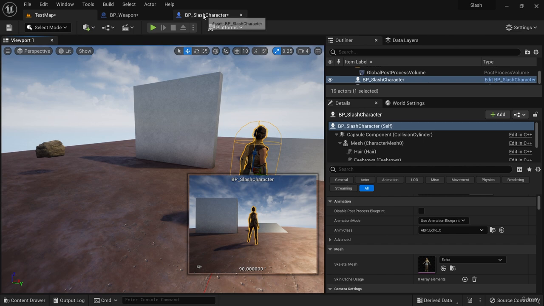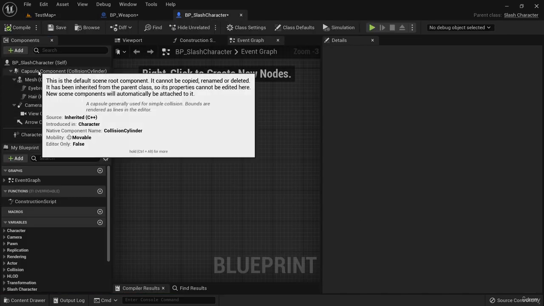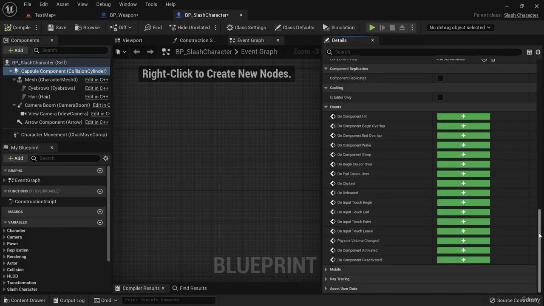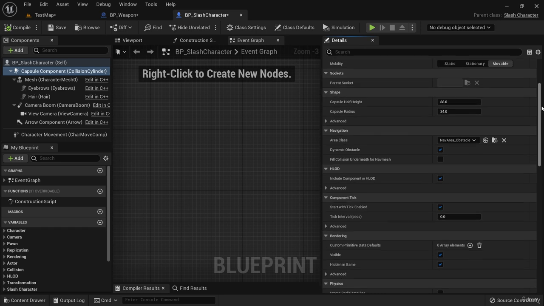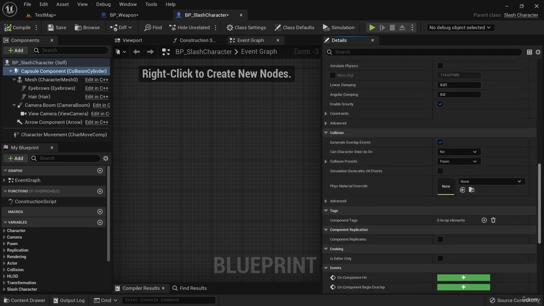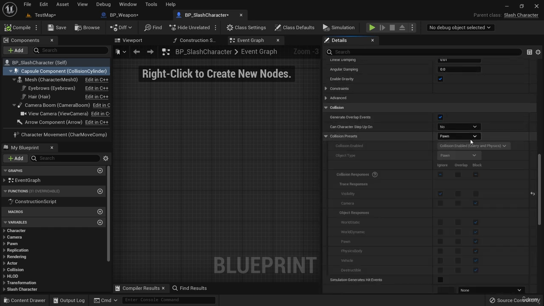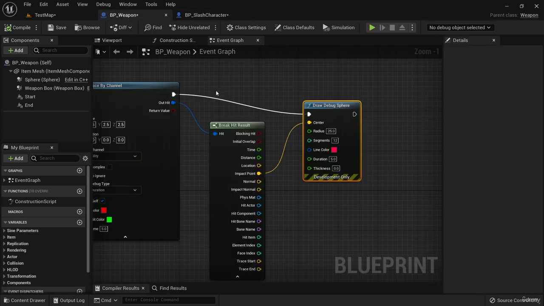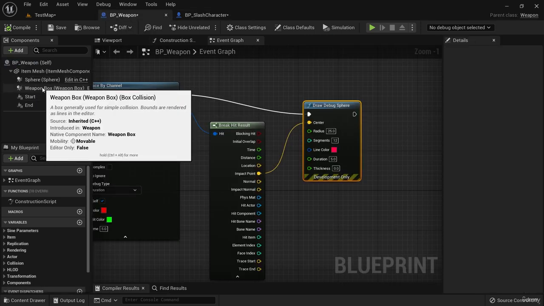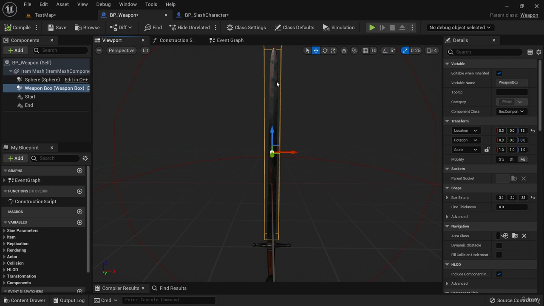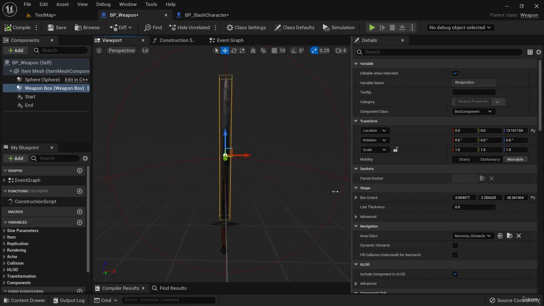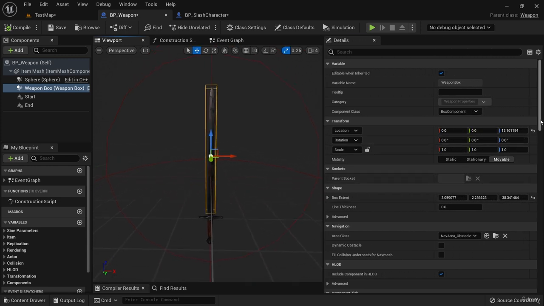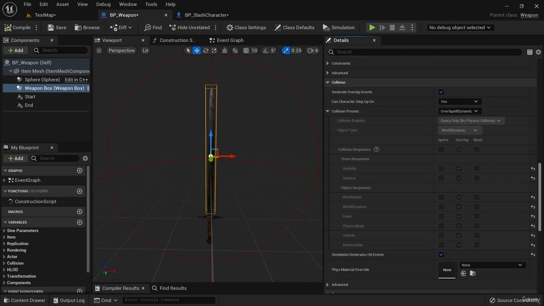Now, rather than going into BP/character and tampering with the capsule, which is pretty much set up to handle things correctly, we don't really want to go into its collision presets and change things. Instead, we can go into our weapon and select our weapon box. That's our box component. We can change the collision presets for that. So if we go to collision, we can take a look here